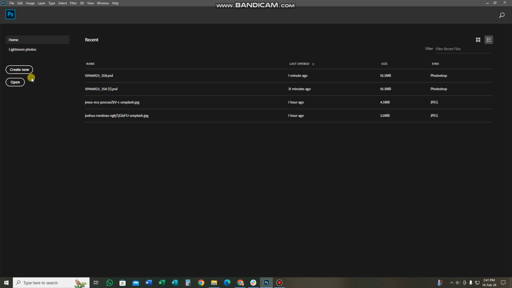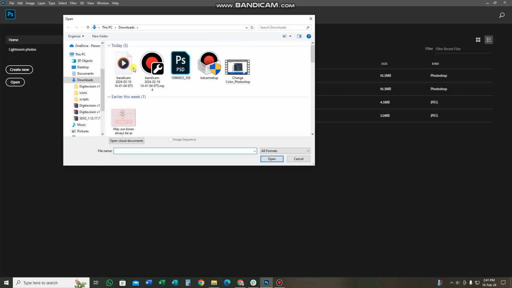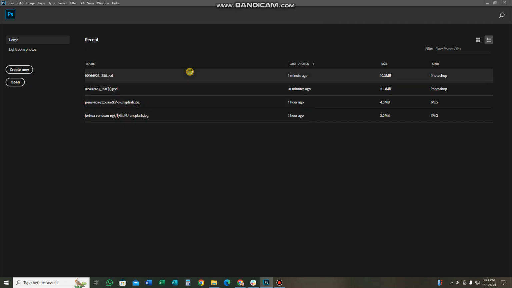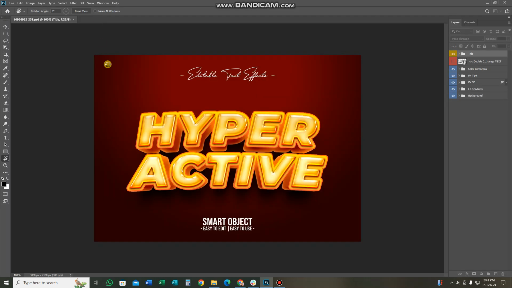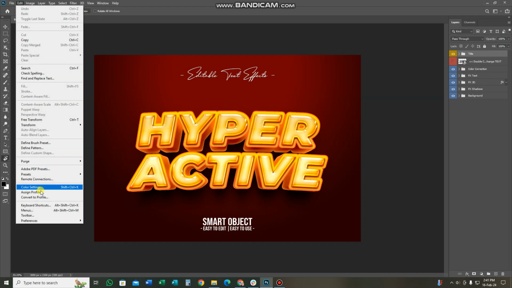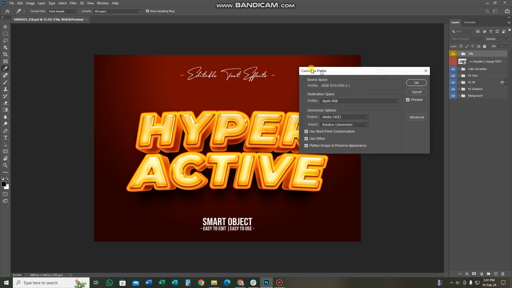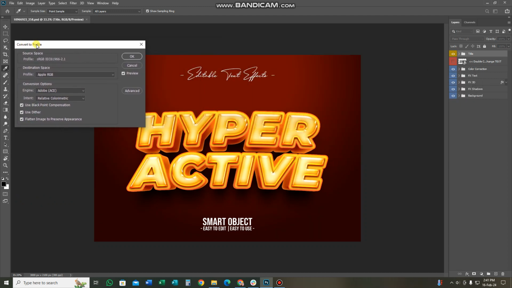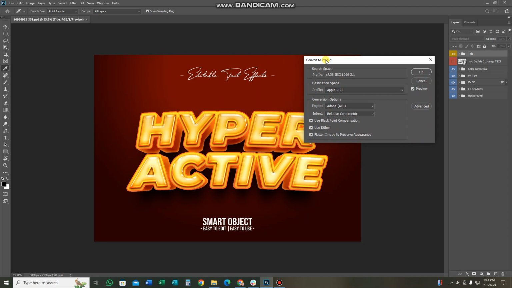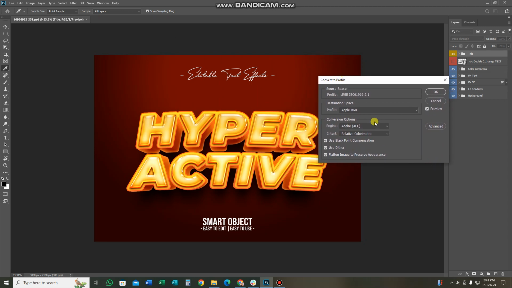With the file opened in Photoshop, once your file is loaded, you go to Edit. Next you go to Convert to Profile. Once you click on Convert to Profile, this particular window will appear, and from here you basically change or choose